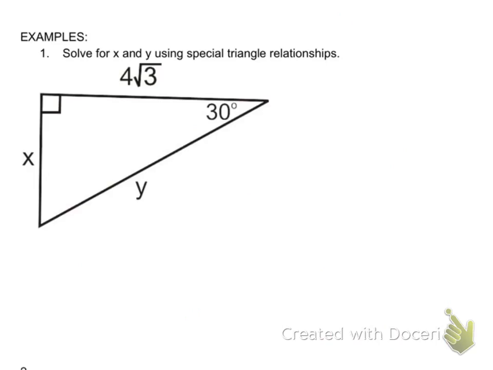This is what I was talking about with the example. It says find x and y using that special triangle relationship that we talked about. Notice you have a 90 and a 30. What kind of triangle is this? It's a 30, 60, 90 triangle. That should be a given. That should be a 60. It's obvious. Now, what you need to see here is that because I see the relationship that this is a 30, 60, 90 triangle, which is a special triangle,